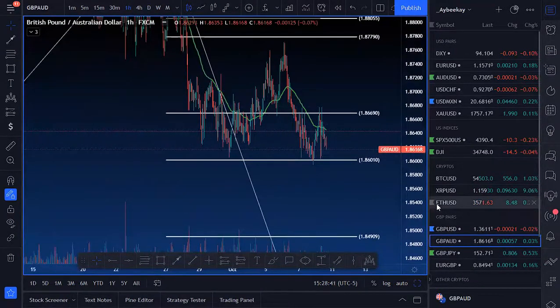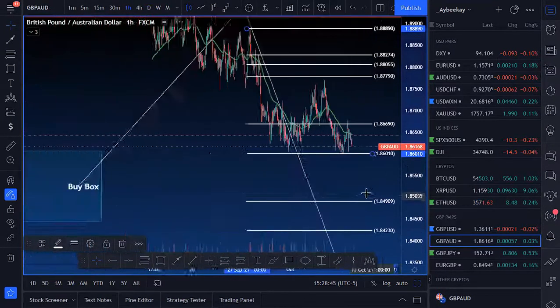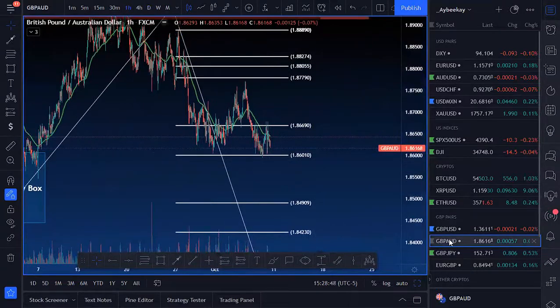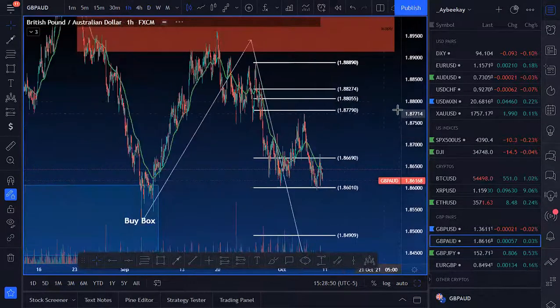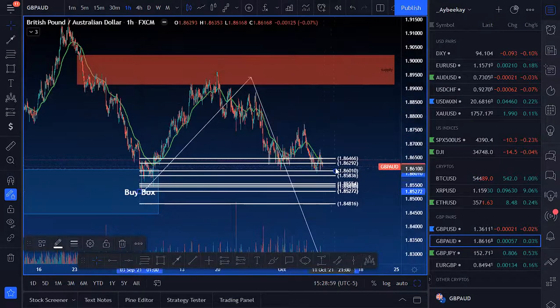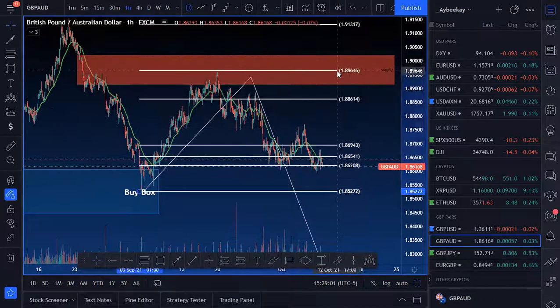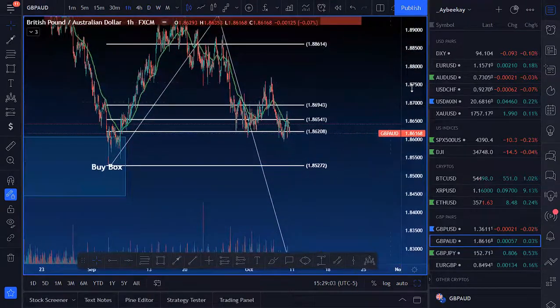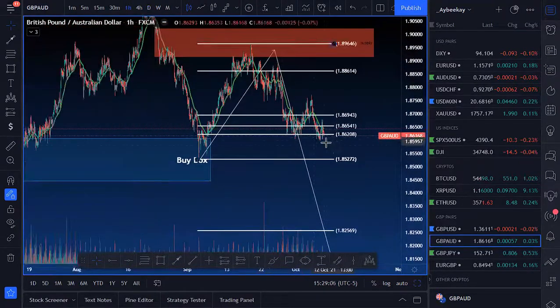GA, let me not lie, I am in an ETH USD sell, so I cannot lie. GA, well, I'm not going to lie, I should say. GA, it looks like this is just gonna go do the digital dash to the downside, right? And I mean, it's been following the plan, although I didn't get into it, and it is currently holding at the 78.6 fib level. So if these fib levels hold right here, then GA can potentially come back up to 1.88614.